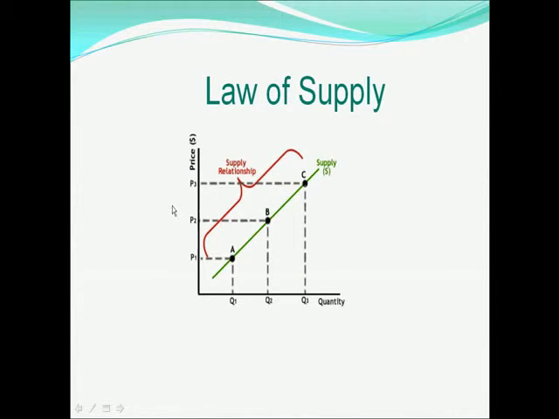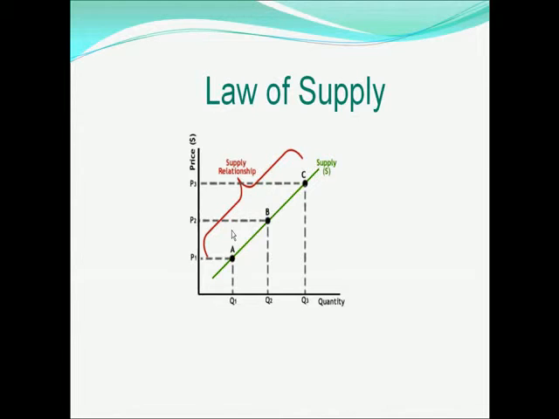Similarly, there is the law of supply. Unlike the law of demand, the law of supply demonstrates the quantities that will be sold at a certain price. Unlike the law of demand, the supply relationship shows an upward slope. In case of the law of demand, the slope is downwards, but in case of the law of supply, the graph will always be upward.